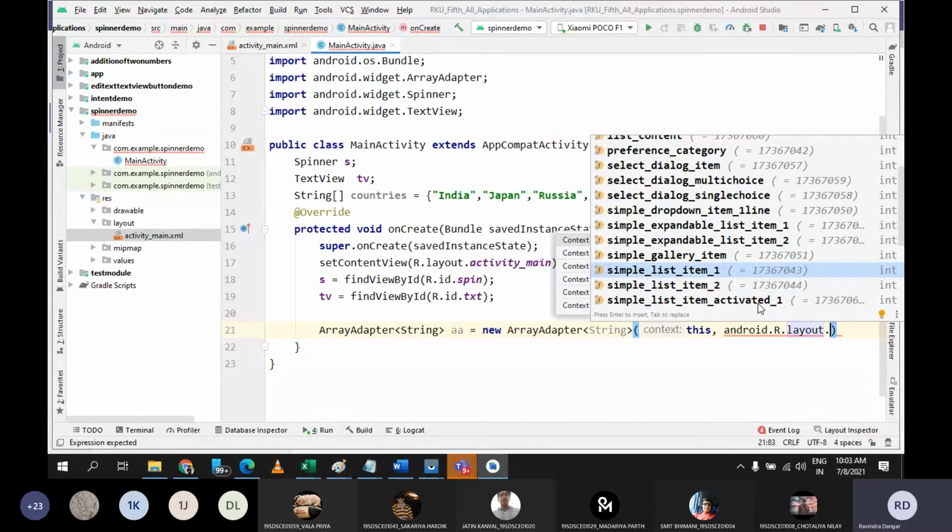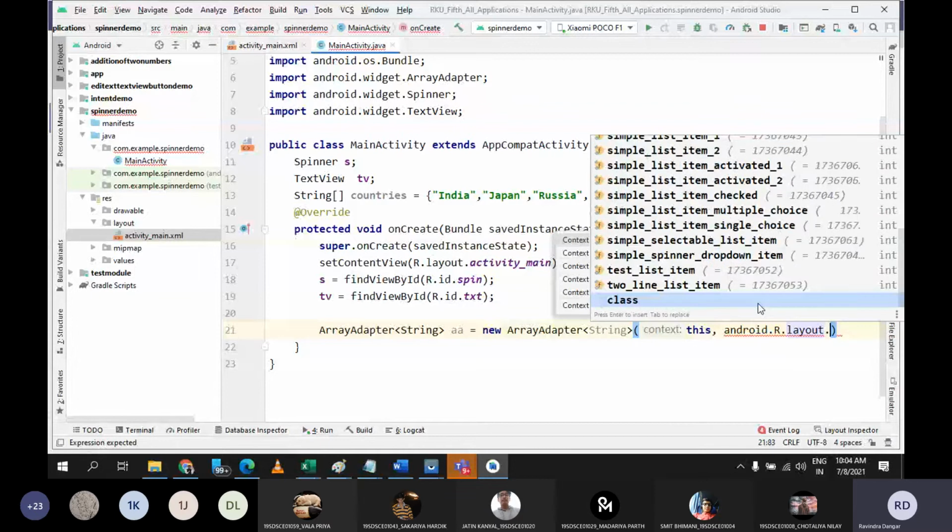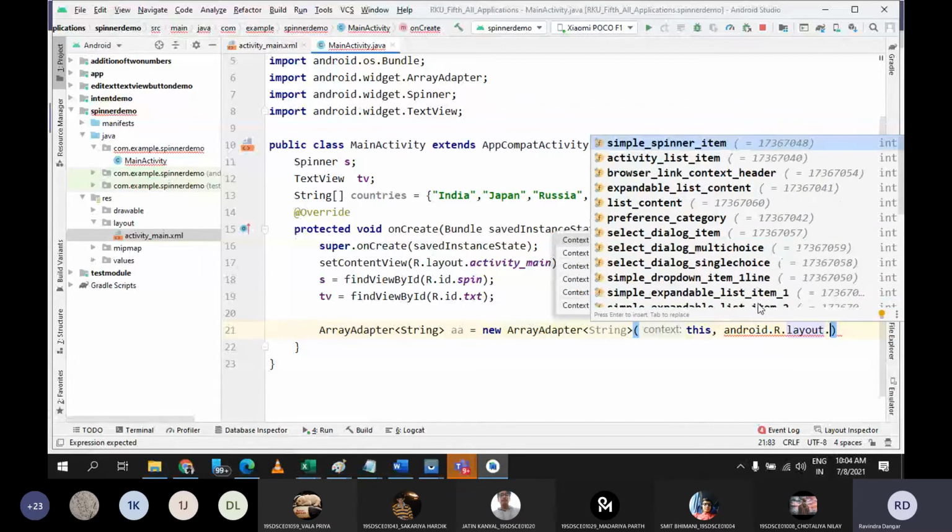For example, if I go with simple list item 1, then in between all the items there will be little space. But if I go with simple list item 2, then you will find more space and certain other design. So it is for designing only, otherwise you can choose anything. As of now, let me go with simple spinner item, then we will change it also to observe the changes.